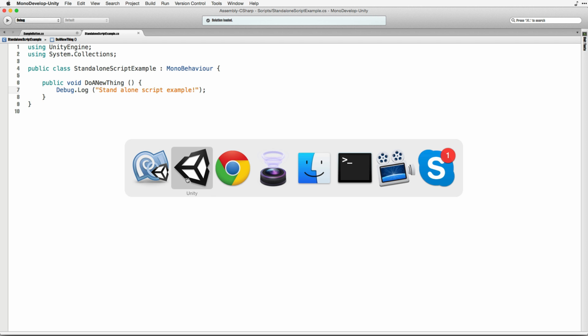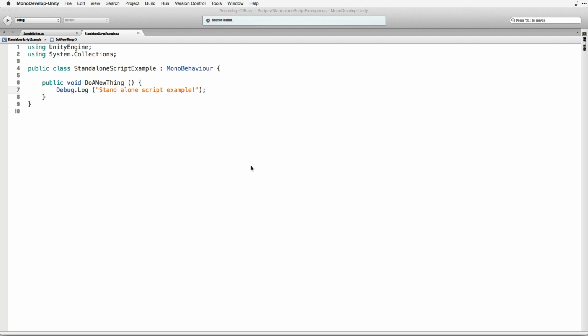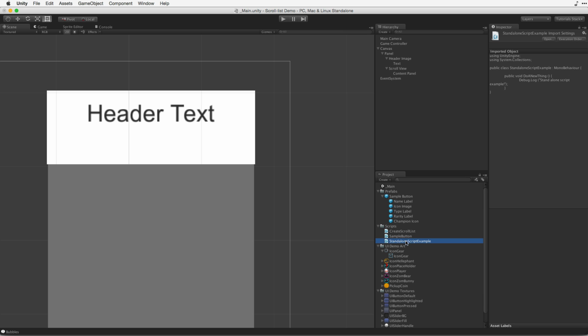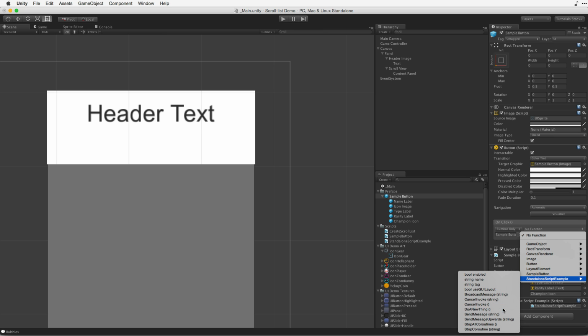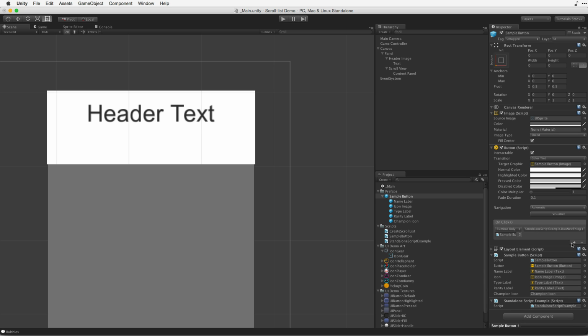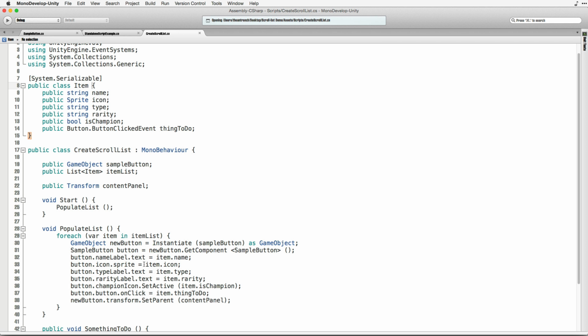Because one of the problems with what you're asking for is you can't reference anything on a prefab that doesn't exist on the prefab. So now you could refer to yourself and then refer to the do a new thing. And now that's part of the prefab. And if we don't override it with our script,